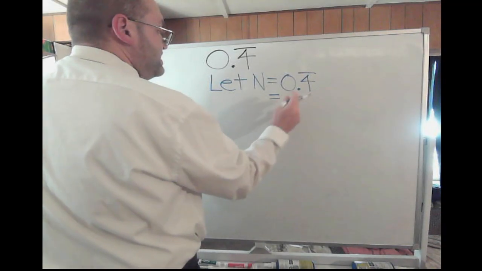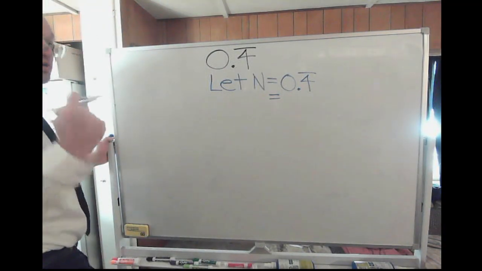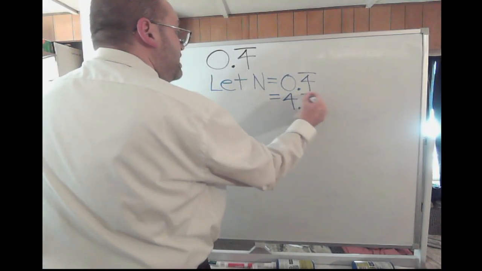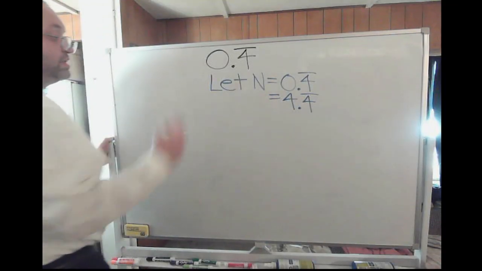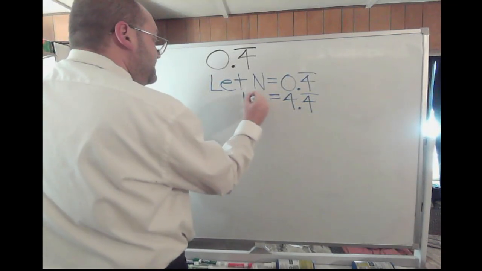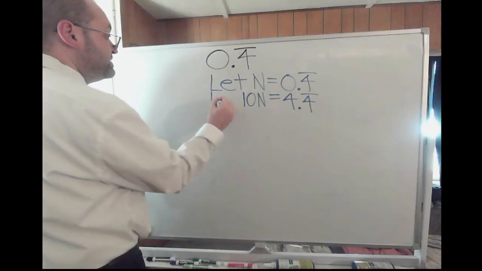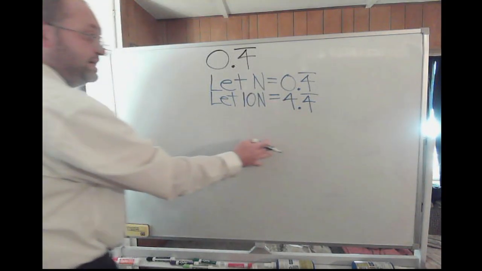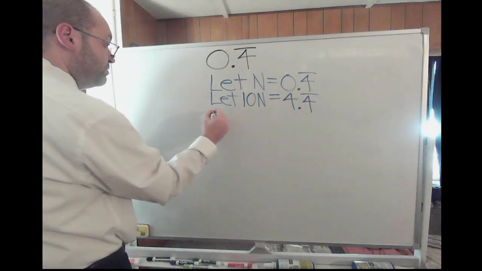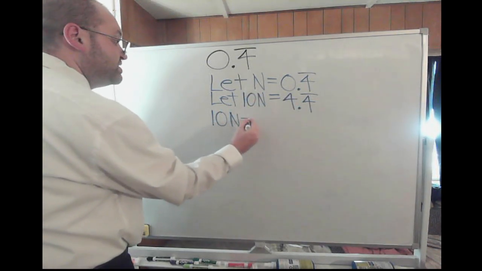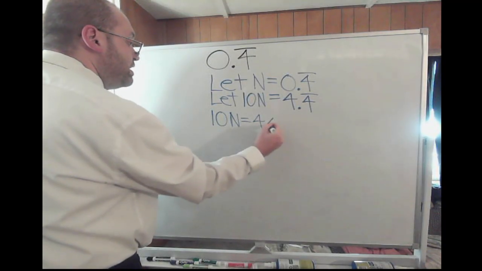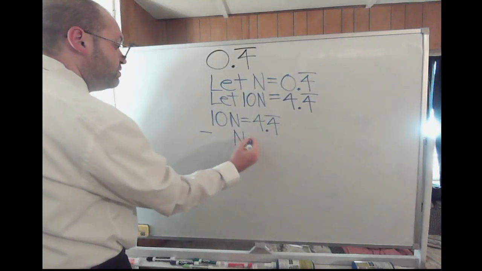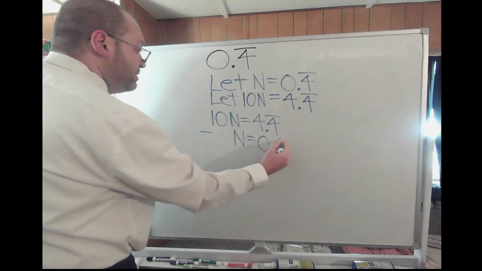In order to move the decimal place 1 to the right, we have to multiply by 10. So if you do that, you'll get 4.4 repeating. But what you do to the right, you gotta do to the left. So you take n times 10, you'll get 10n. So now we can say let 10n equal 4.4 repeating. So once you've got your let statements down, next thing you're going to do is take your bigger number, your 10n, which is equal to 4.4 repeating, and then you'll do minus your n, which is equal to that 0.4 repeating,